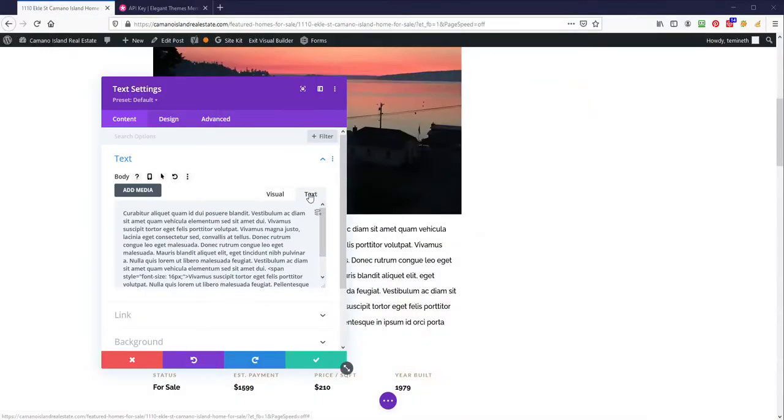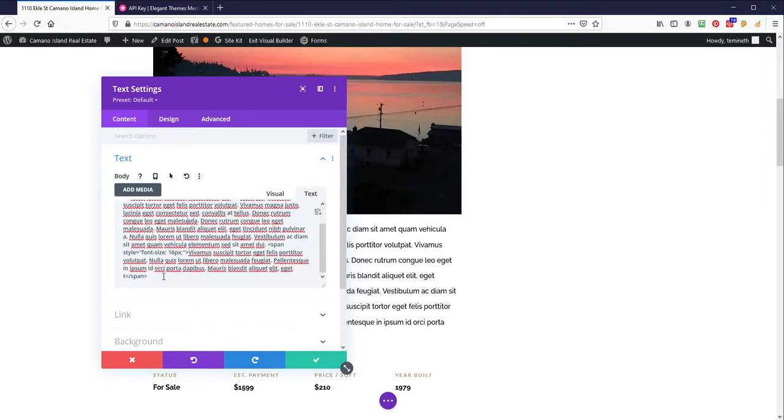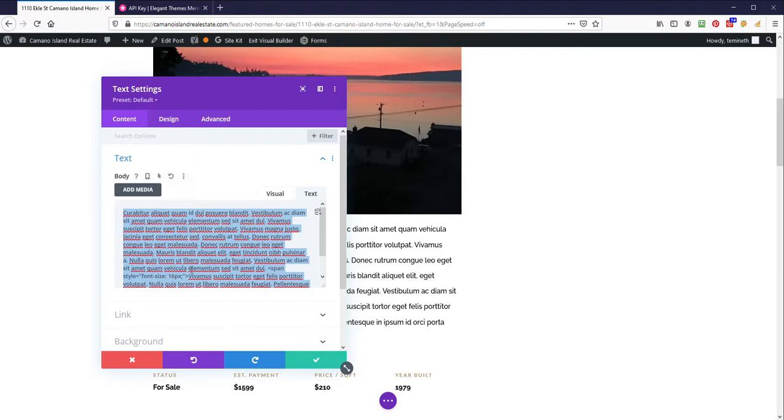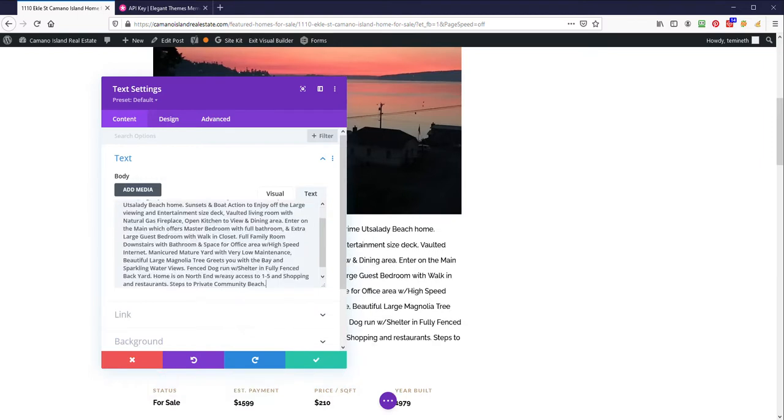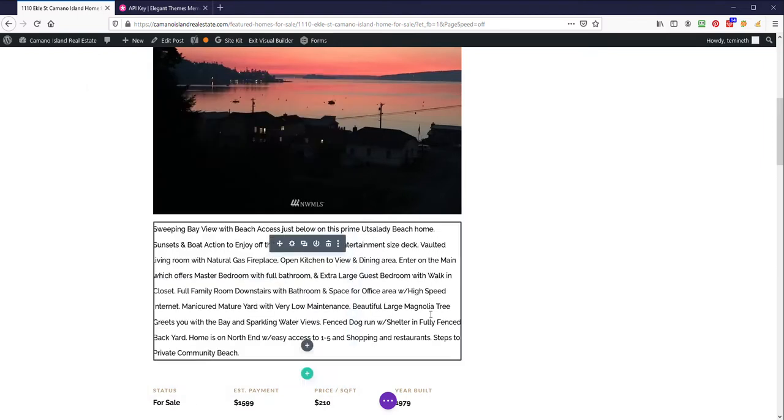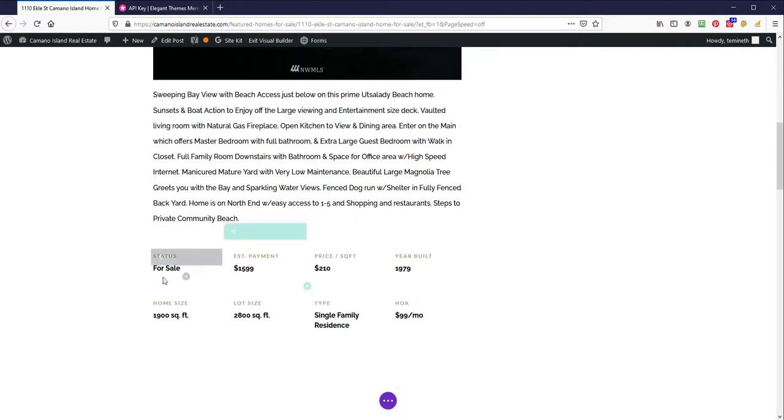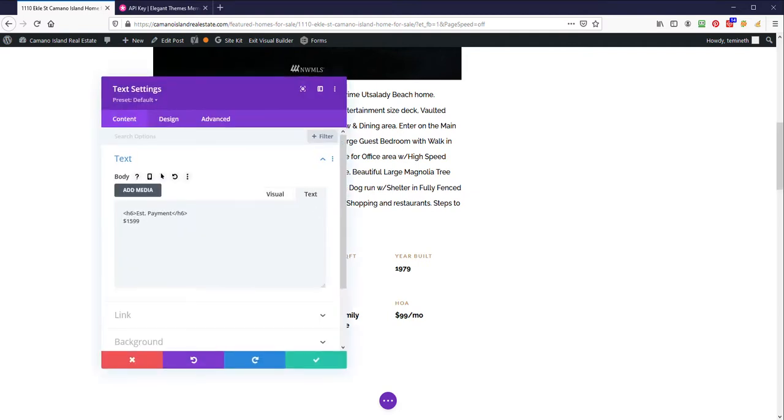Okay, and I'm going to make sure I hit text on this side because I don't want to copy any of the weird styling. I don't want it to all be bold. I just want it to sit pretty nicely like this. That's the contact information, a status for sale, estimated monthly payment. That is something you can get rid of, which would be what I would do. I would get rid of that, and then I would type in